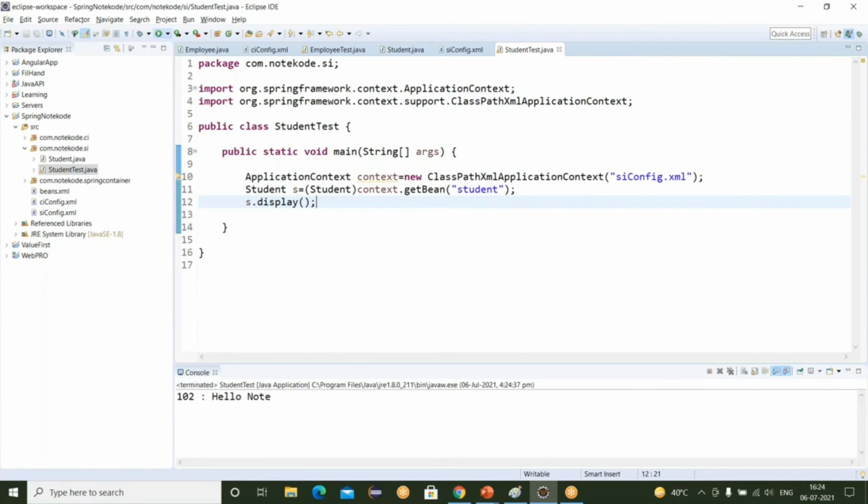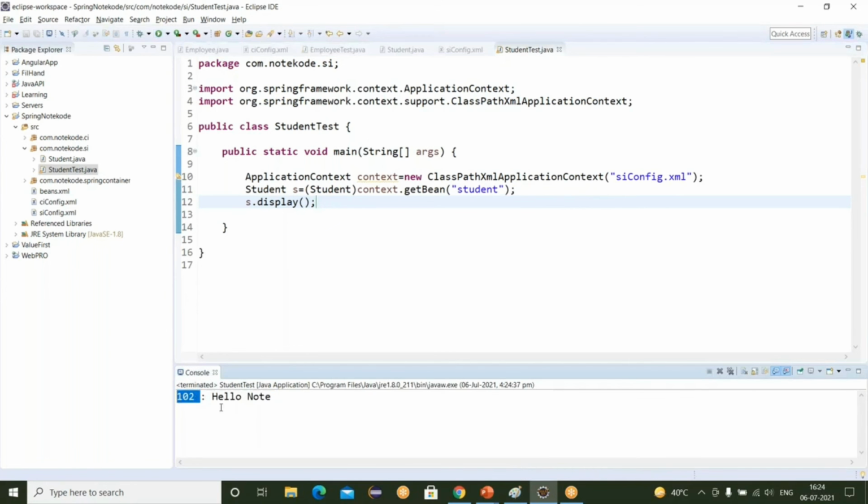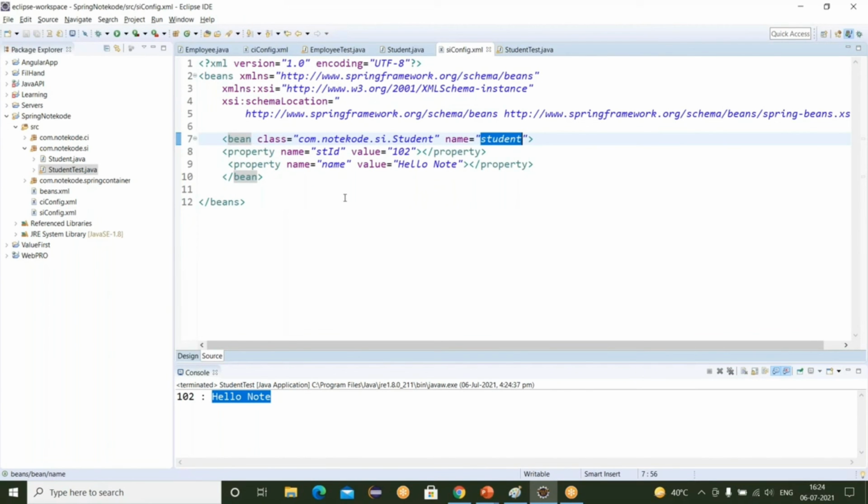So let's save this and check. You can see the student ID is 102 and the student name is hello note is printed. So this is all about the setter injection. In this way, we are injecting the dependency in Spring by using the property element tag.